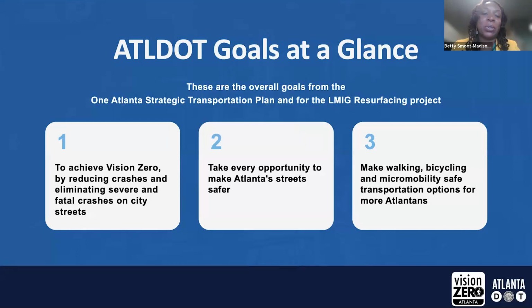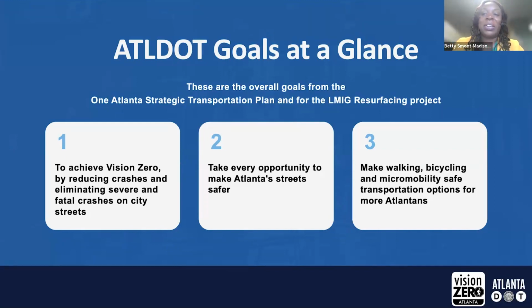And then I'll dive into the project specifics. So the One Atlanta Strategic Transportation Plan, which is what I like to call ATL-DOT's blueprint for success, established our Vision Zero goal of reducing crashes and ultimately saving lives by eliminating severe and fatal crashes. We are actively developing our first official Vision Zero action plan now, and that will be complete in October of